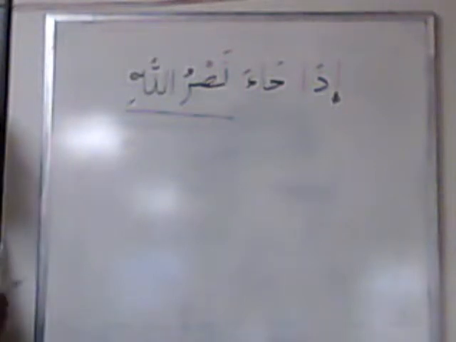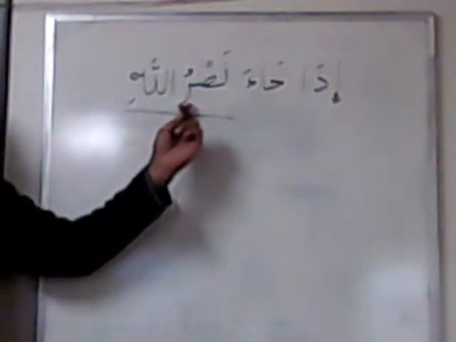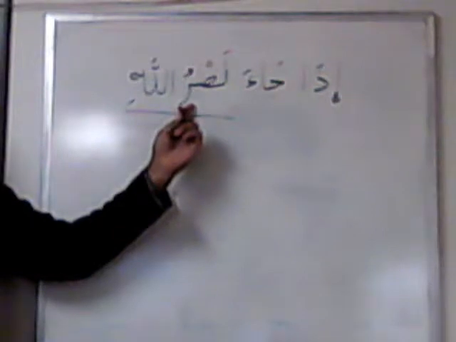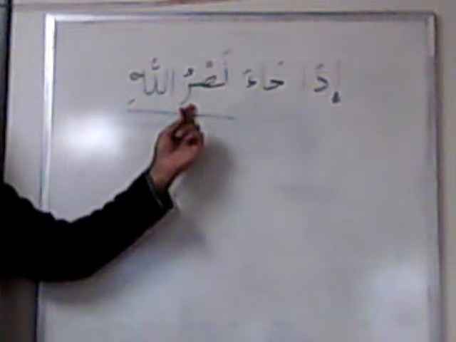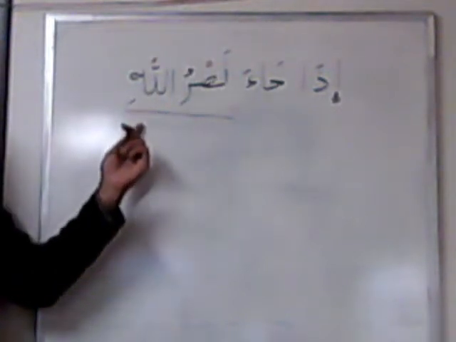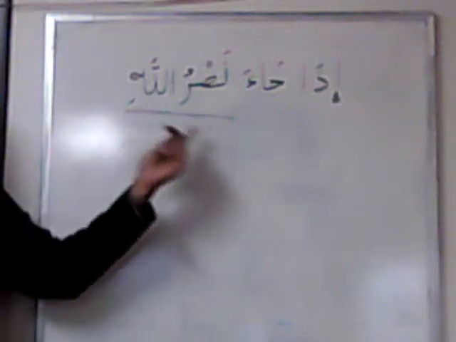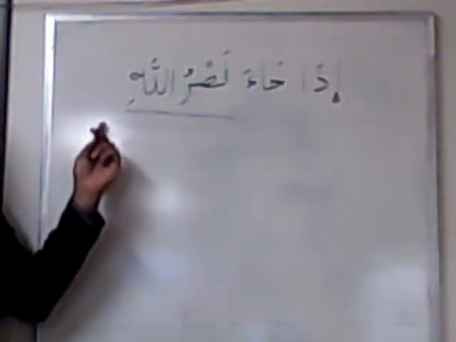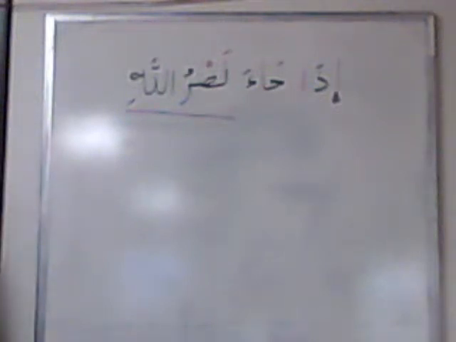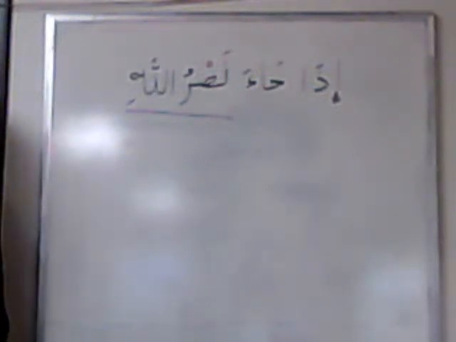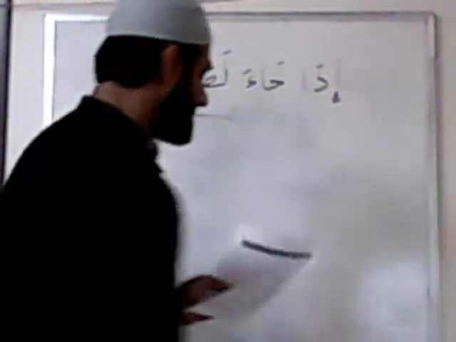Okay, so Nasrullahi. Remember, the mudaf is always marfu, meaning nominative. The mudaf ilayhi is always genitive. So that's the rule of mudaf ilayhi. That's why you say idha ja'a Nasrullahi when you're reading that surah, that chapter. That's the reason you say it like this. Okay. Next one is